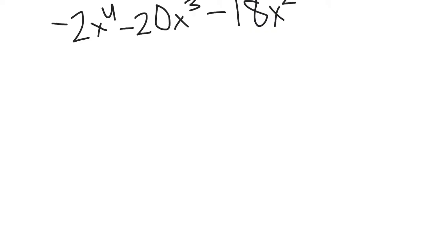So here we have our first problem. Negative 2x to the fourth minus 20x to the third minus 18x to the second. So all of these numbers are all divisible by negative 2. So if we take out negative 2 here,